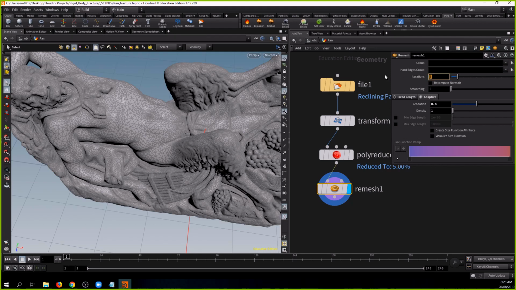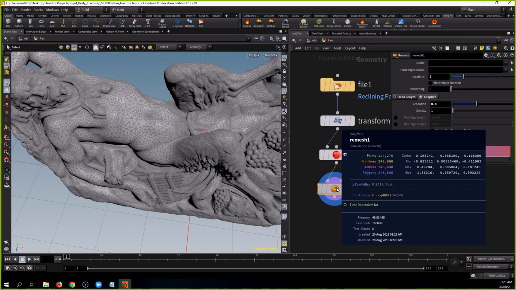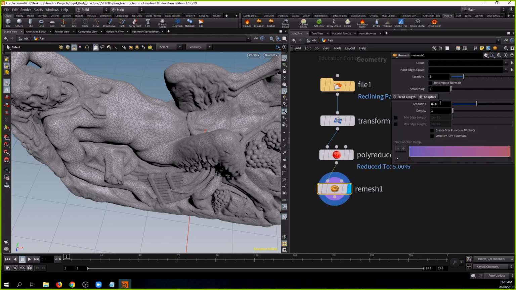Maybe I add another iteration. So I'm saying go back, rethink the whole algorithm, and create a new result. So it adds another level of calculation. Oh, it's still